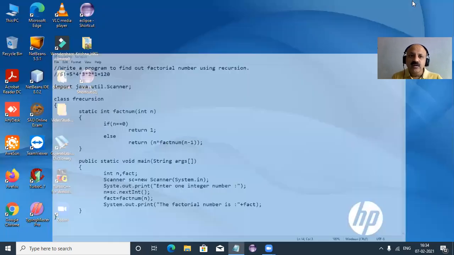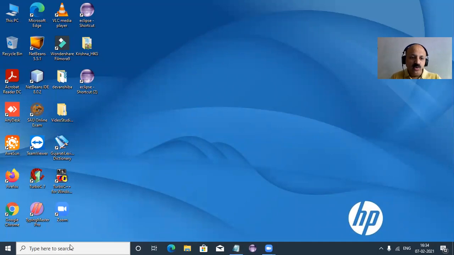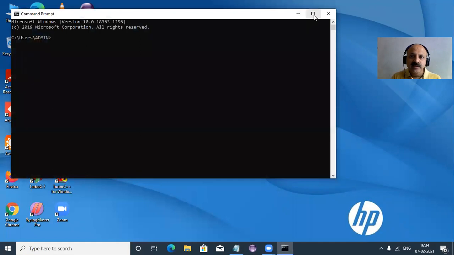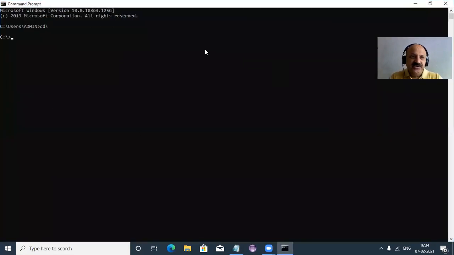Now what to do? We can compile and run. So go in the DOS mode, command prompt. You can look here, open the application, and cd /f colon to change the drive, and Java Pro is our folder. First we set the path of Java, so that is a batch file named Java path. You can look, that sets the path and the class path. Now javac, that is the compiler of the JDK tools.